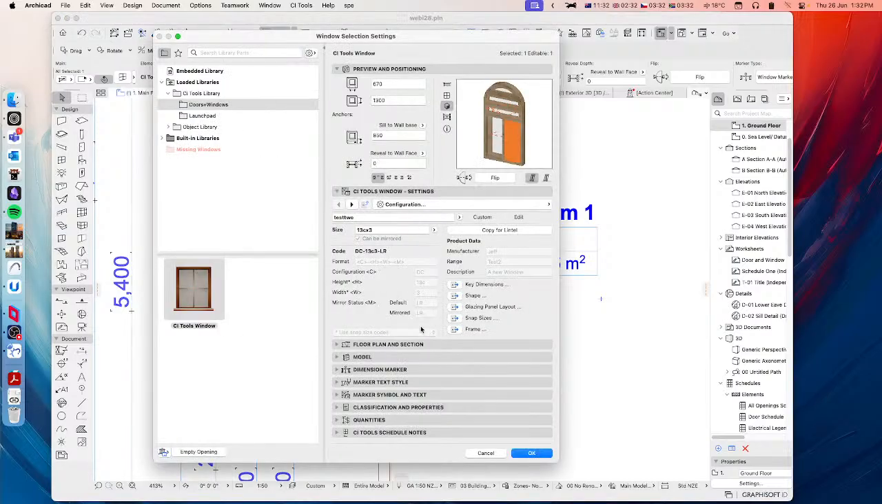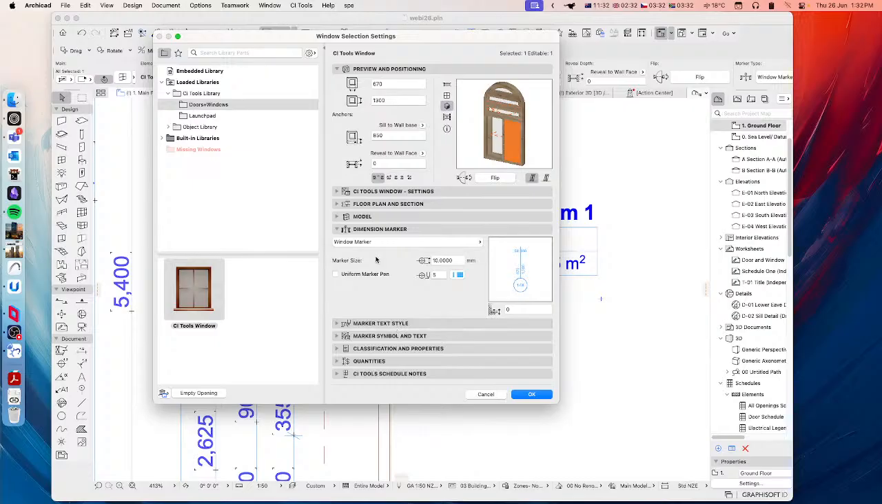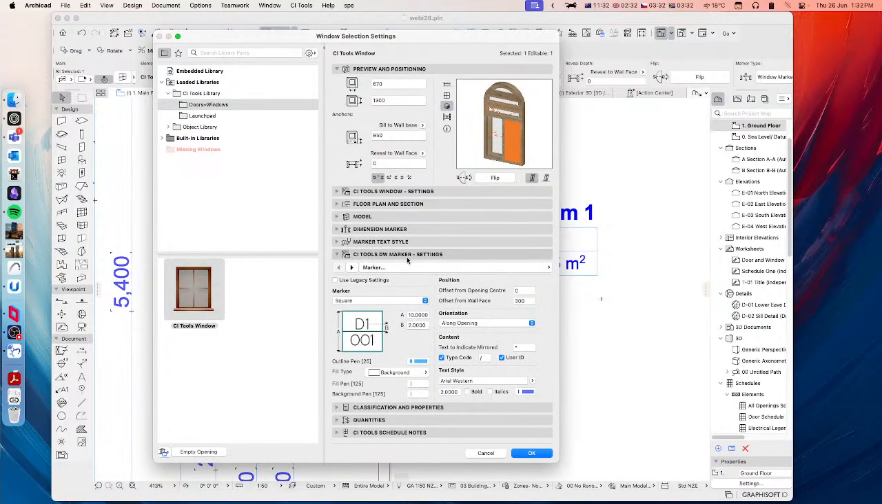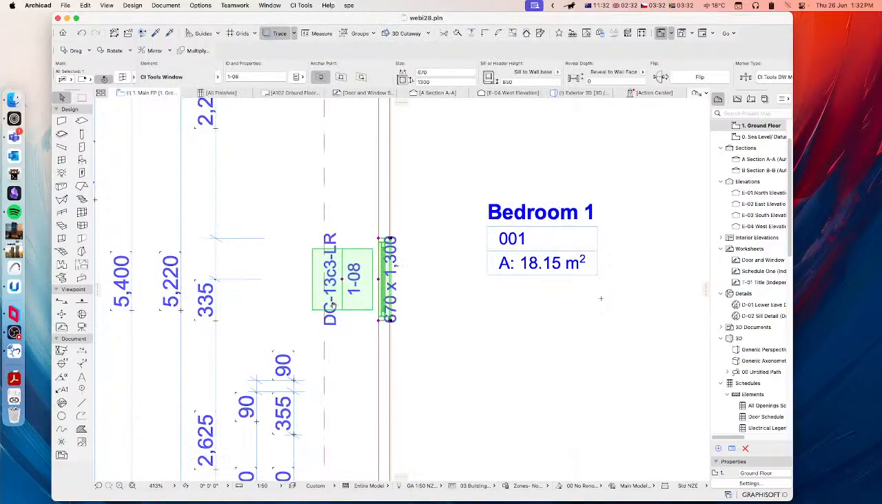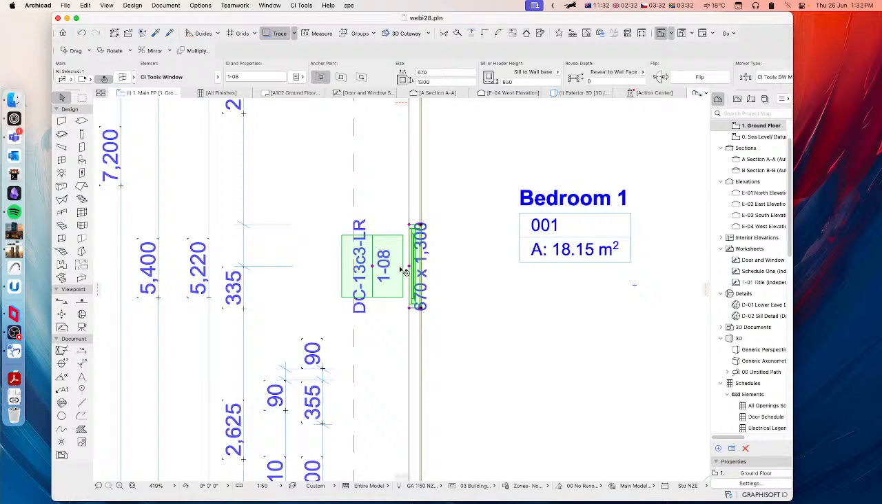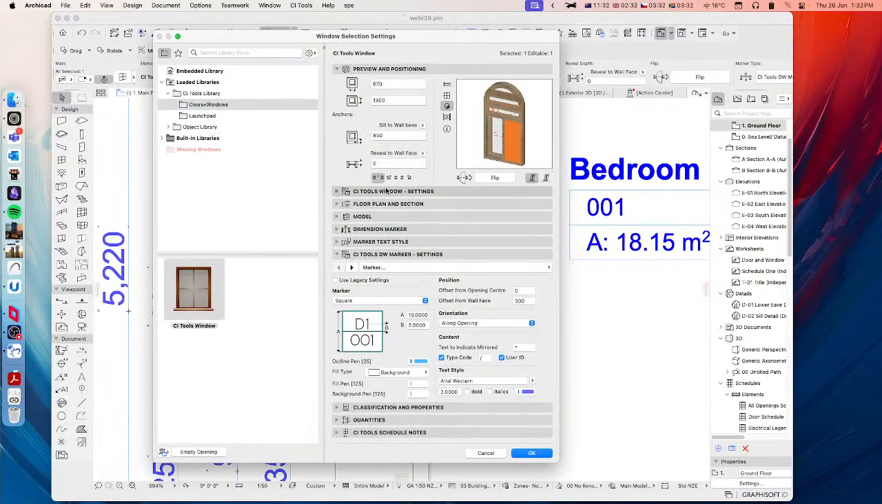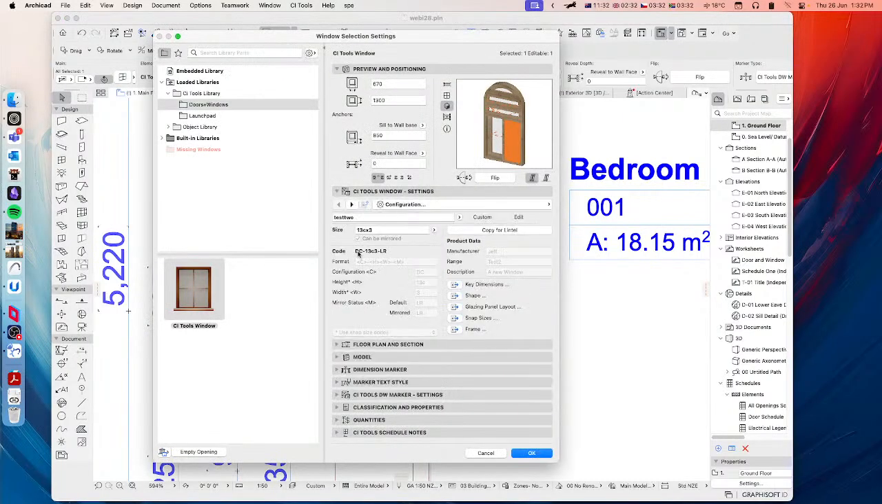And we can also display that in the marker. So if I go through and choose CI Tools DW marker, do we have the code set here? Yep. So type code is turned on. So if I hit OK here, we should see it's sideways. So that's a little bit awkward, but DC13C3LR. And if we go back into here, you will see DC13C3LR, and it's